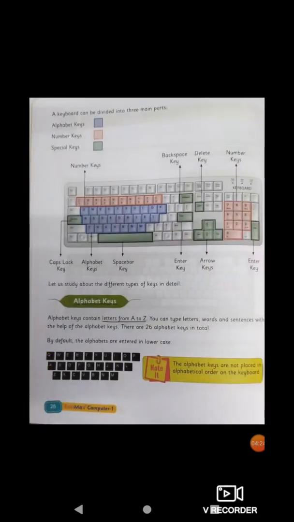So if you turn the page, we have some color combination. Let us read. A keyboard can be divided into three main parts. The first part, alphabet keys, which is in blue or purple we can say. Then we have number keys, which is in orange or light red. Then we have special keys, it's in green. So a keyboard is divided into three main parts: alphabet keys, number keys and special keys. If you see in the picture,